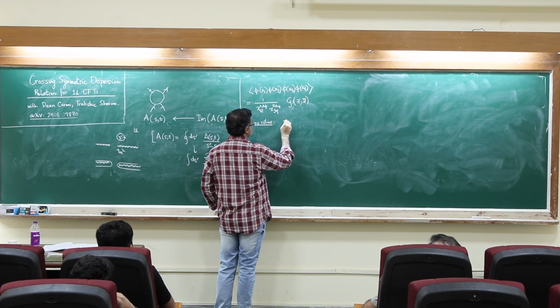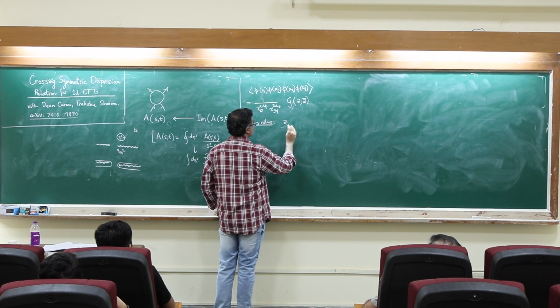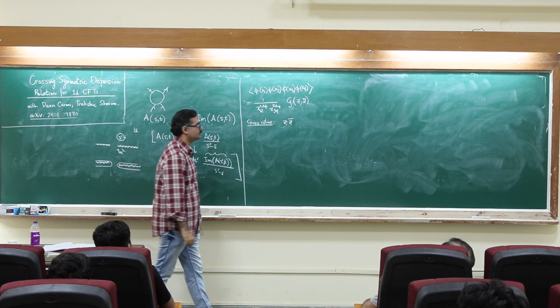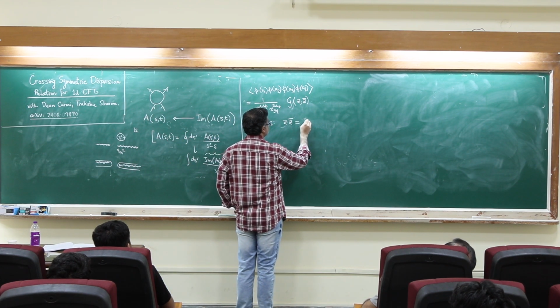So the z and z bar are actually cross ratios, and they are related to the insertion points x1, x2, x3 in some simple way. For example,